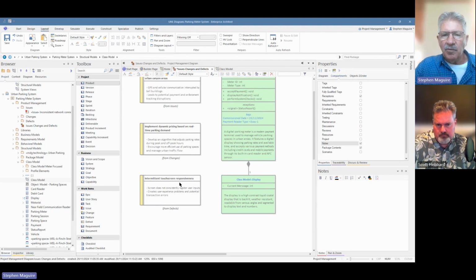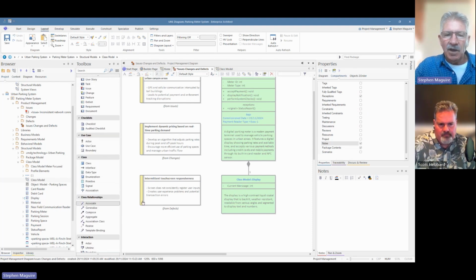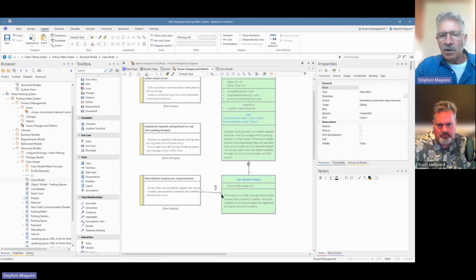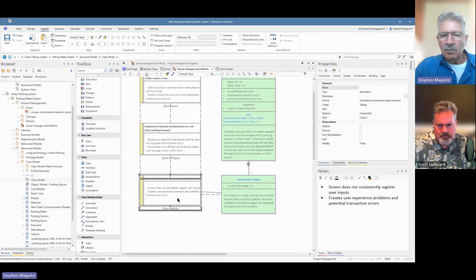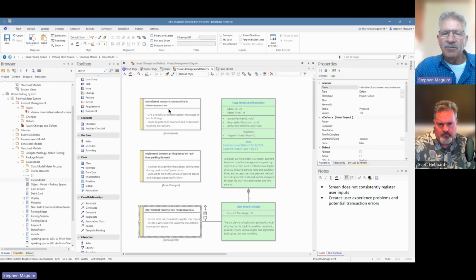Intermittent touchscreen responsiveness. Now that's really related to the display. So I'm going to use an association relationship and relate those things. I can use my quick guides there, line that one up. Now these other ones, implement dynamic pricing based on real-time parking meters, and this other one, inconsistent network connectivity. Well, that's definitely to do with the